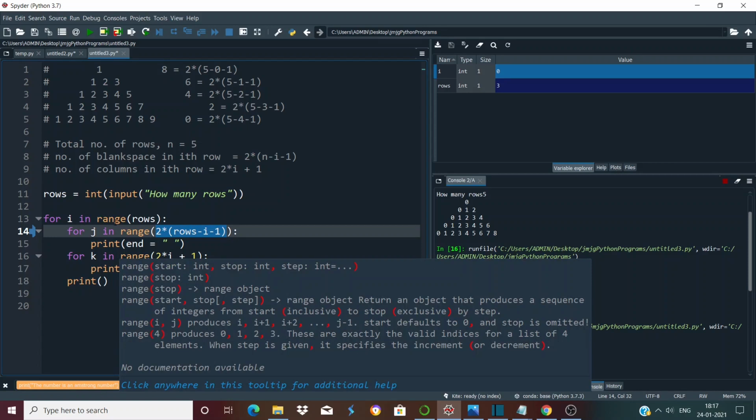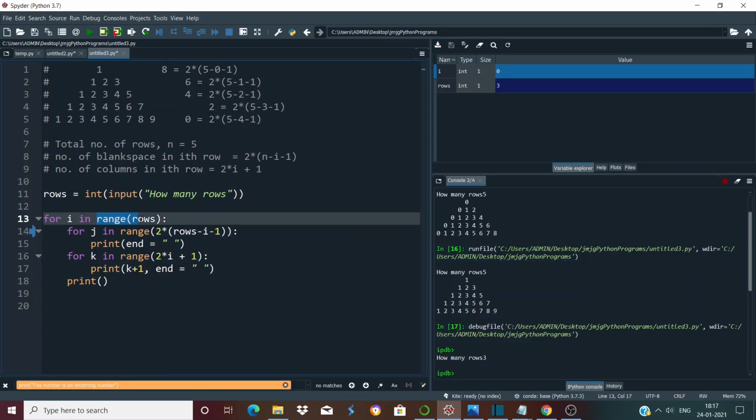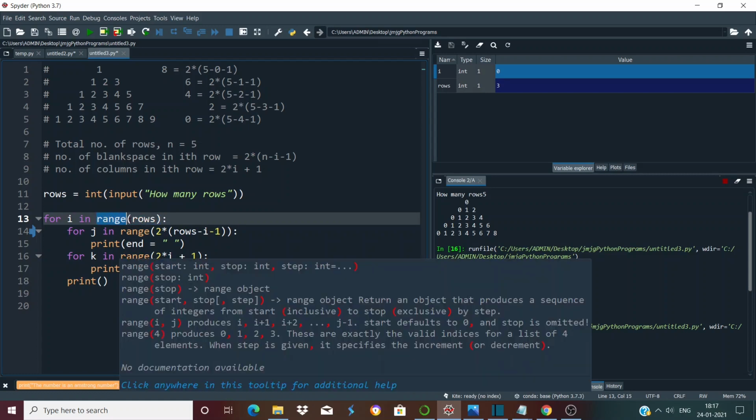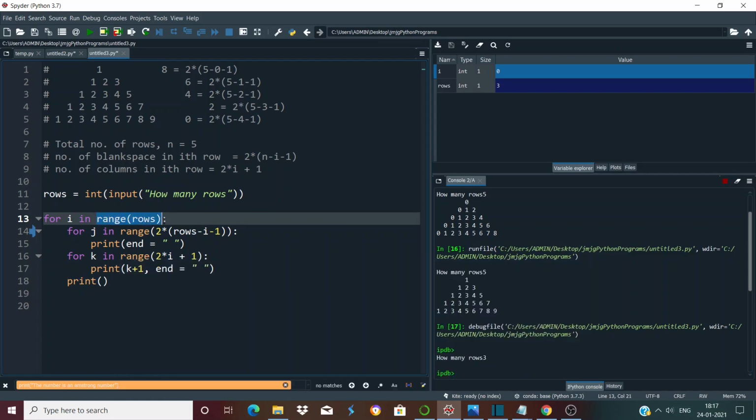So here we have given range rows and the current value of rows is 3. So range 3 basically gives you a sequence which will contain 0, 1 and 2. So obviously the first value of the iterator variable I is 0, right? So we have entered inside the outer loop.